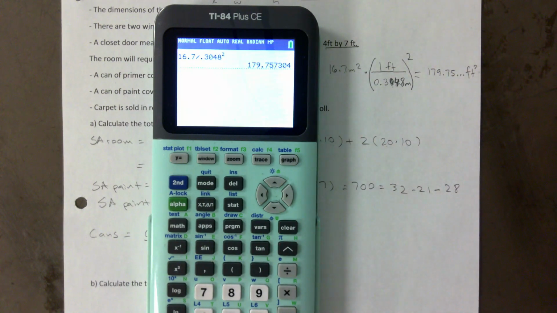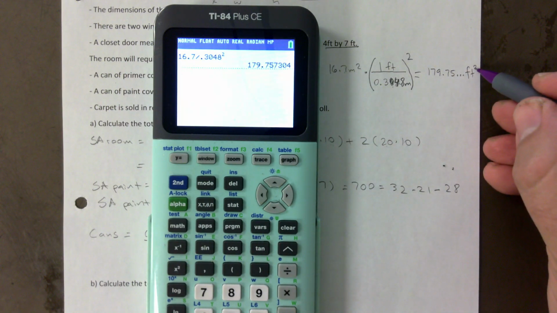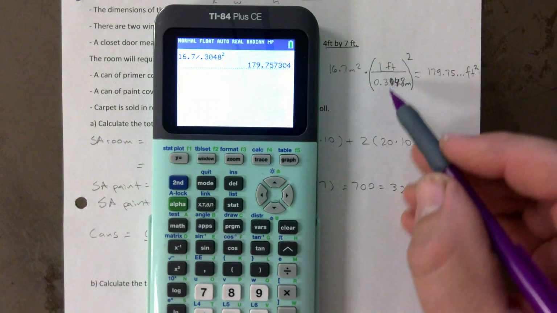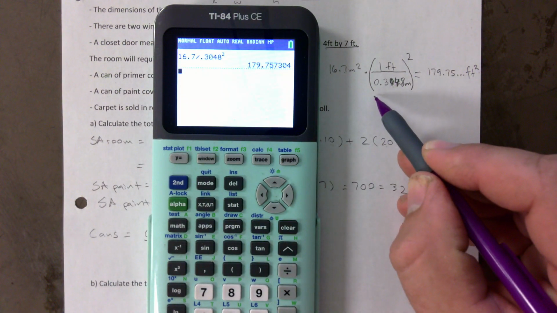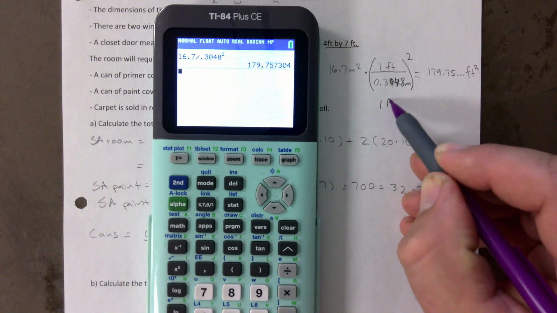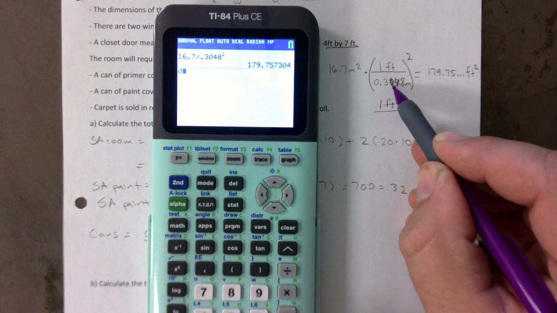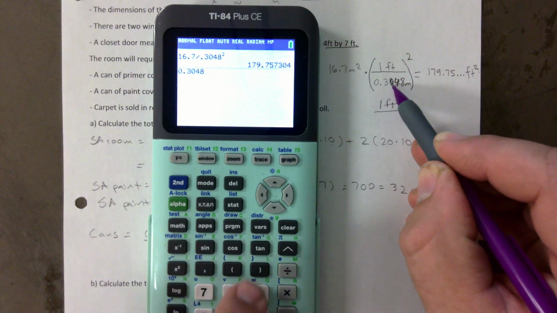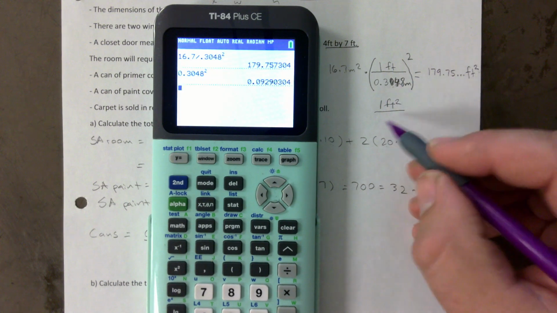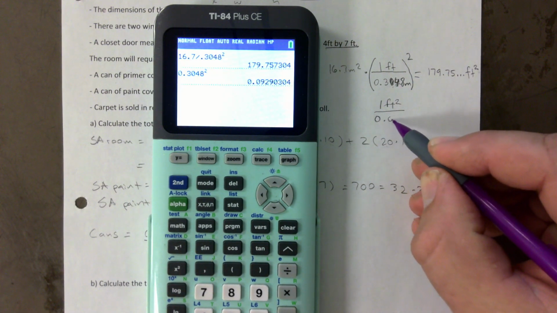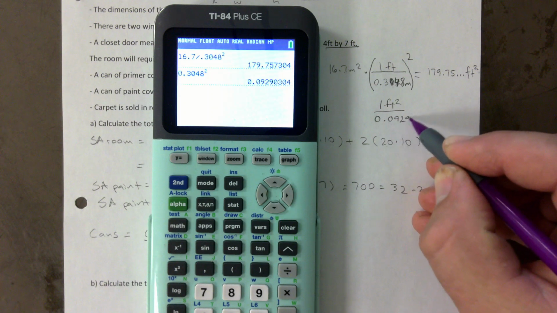And if you need to make a note of this, I would say that 1 square foot is the equivalent. If you want to actually have this there, which is probably a good idea, just to tell yourself it's 0.0929